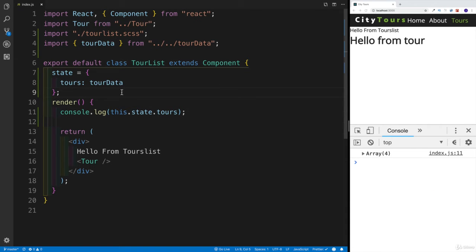Again, we could have set this up technically, our tour data here in the state, because it is obviously possible. It's just a basic array. However, I'm just showing you that eventually, again, we're going to be getting our data from some external APIs, from some, let's say, Contentful headless CMSs. And the difference is going to be that we're not going to be setting everything up in a state, because